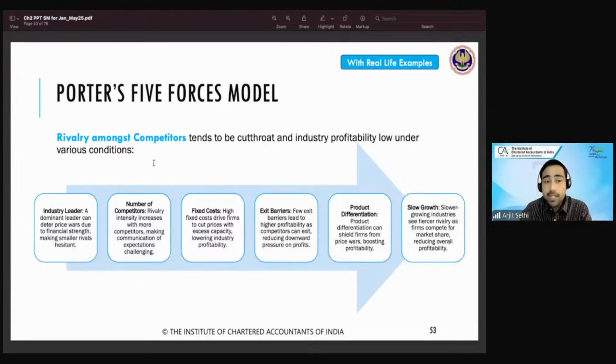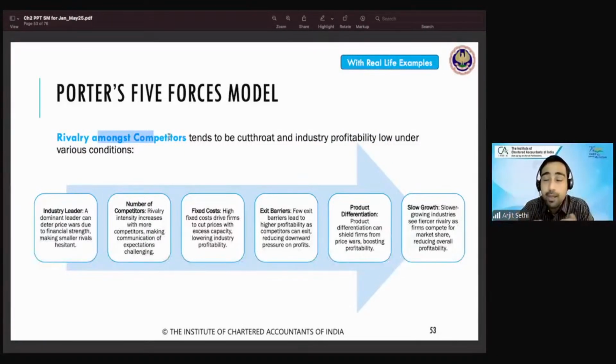अभी सबका fixed cost लग गया. What will happen is they will start cutting prices. When they start cutting prices, it becomes really competitive. Your profits start falling. So industry profitability gets lower and lower and lower. That's what happens. When the competition amongst rivals starts going up, the profitability starts going down, because एक दूसरे से